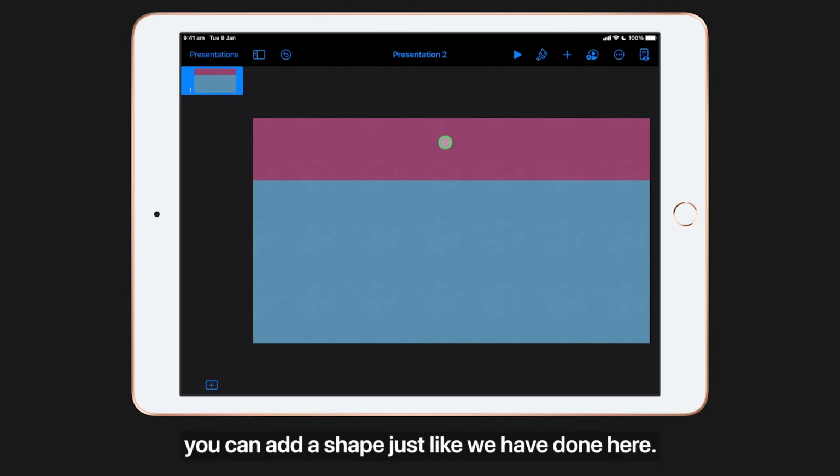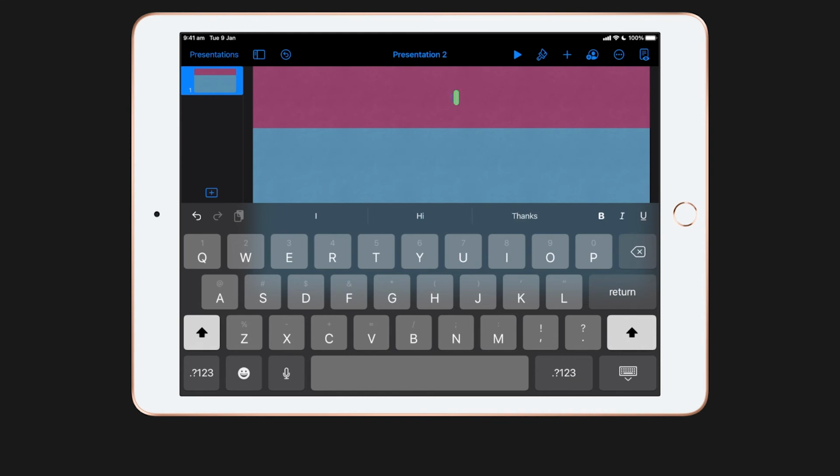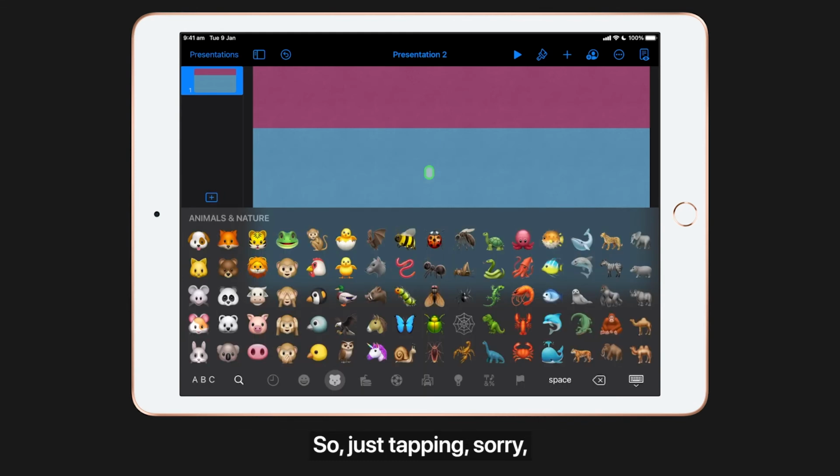You can add a shape just like we have done here. So I'm going to use that to add my heading. So you just double tap inside the shape. I'm going to start off by using an emoji, like I mentioned before, another good visual cue. So just tapping